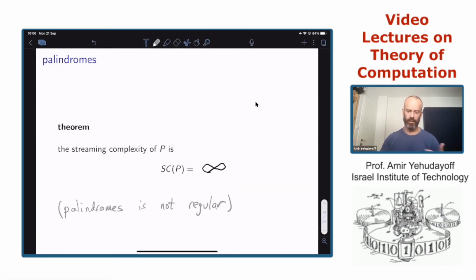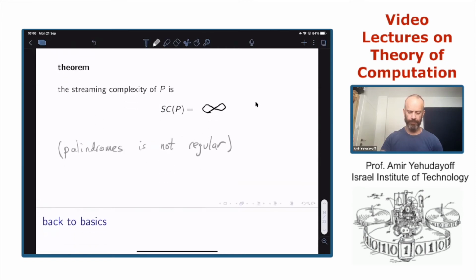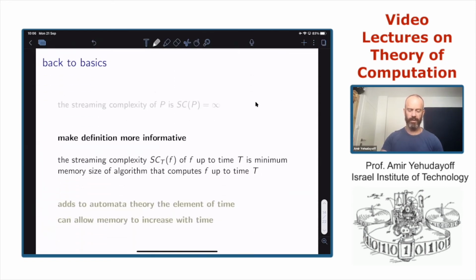And this is what we're going to do next. So we are going back to the definitions. We got this very strong statement, but maybe it is too strong. It is not interesting enough, not accurate enough, not informative enough.